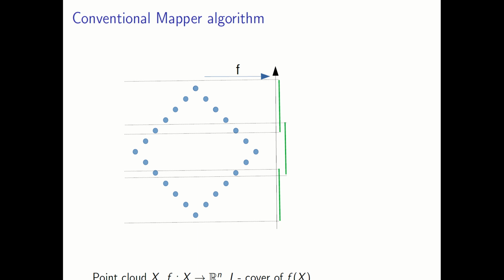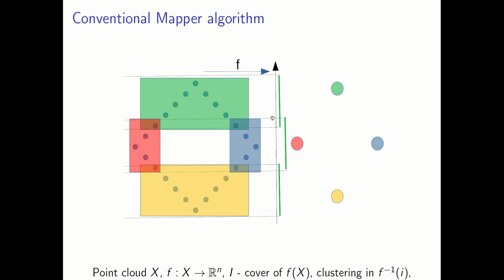And in order to have this criterion, we take an overlapping covering of the codomain of our function f. So two points will be considered close, or the values of two points under the function f are considered to be close, if they end up in the same element of the cover. So what we do next is to take all the points that are close to each other, namely all the points that live in the inverse image of one element of the cover, for instance all those points over here, and